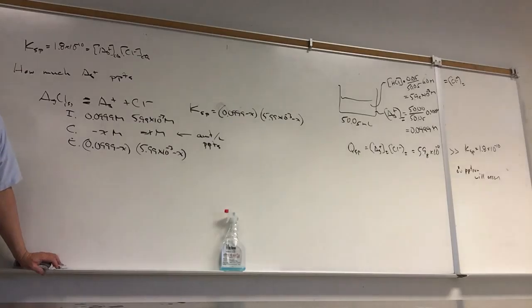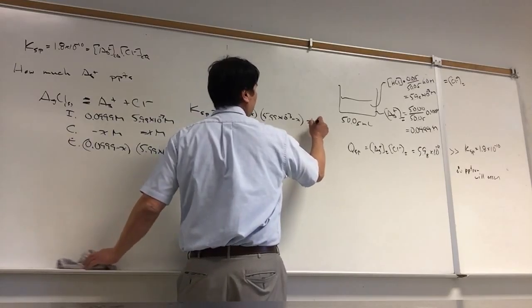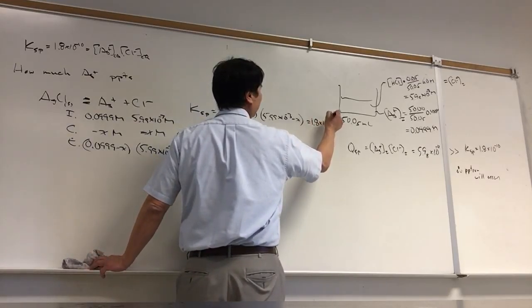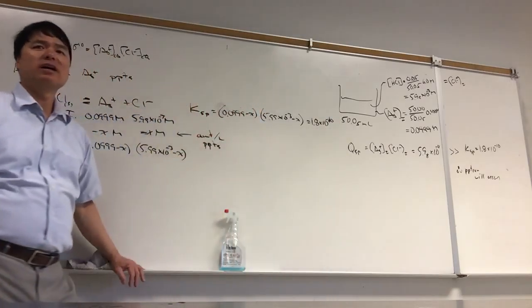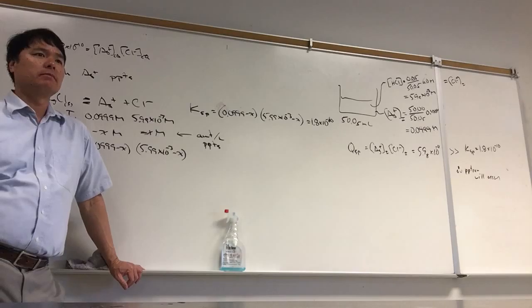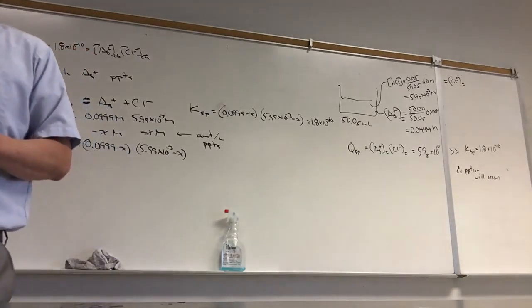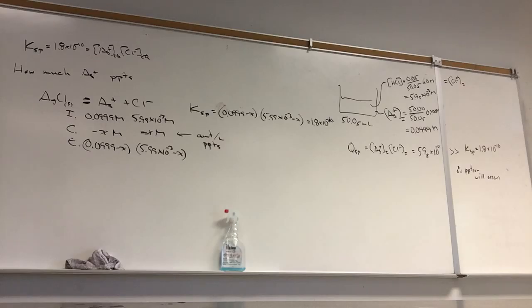Can we use the simplifying assumption here? No. So how would we solve this? It's going to equal 1.8 times 10 to the minus 10. Basically, we just use the quadratic, solve it. But even if you use the quadratic to solve it, sometimes we will run into trouble. The trouble that we run into is this. When we're looking at dissolution, the K is very